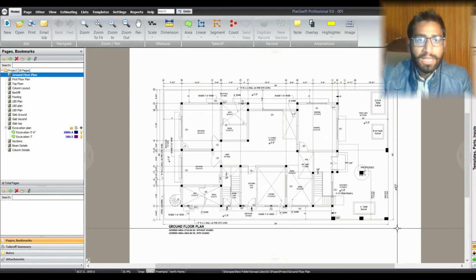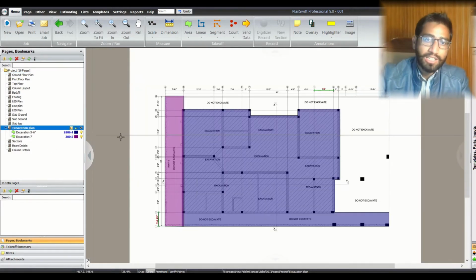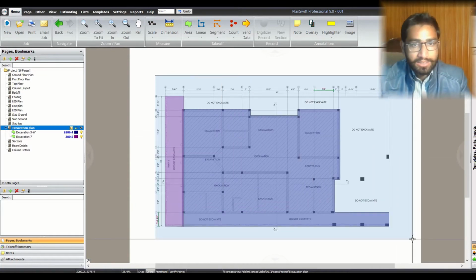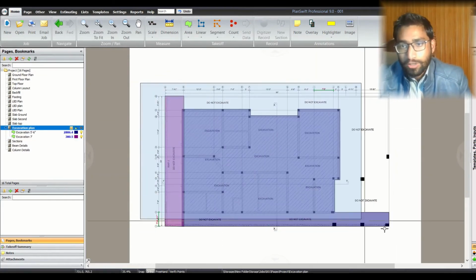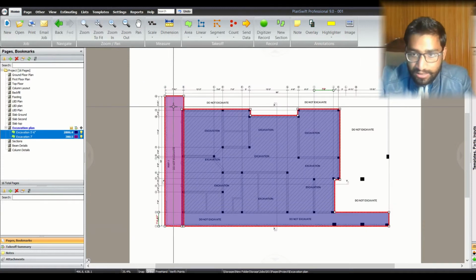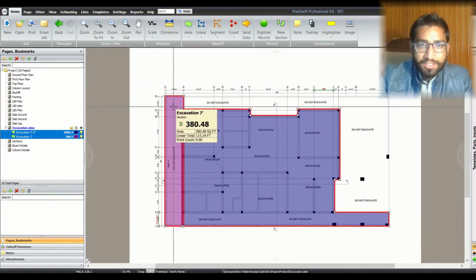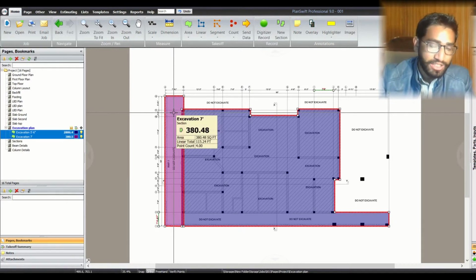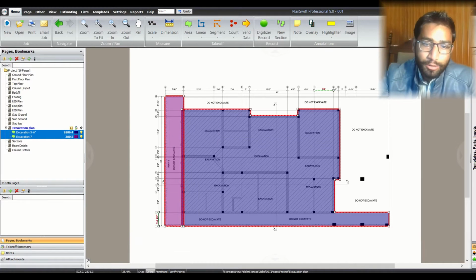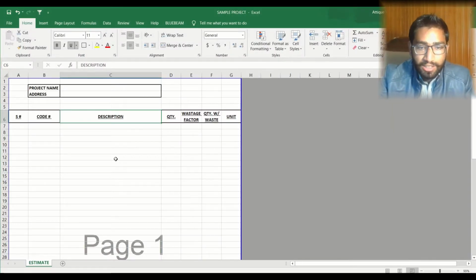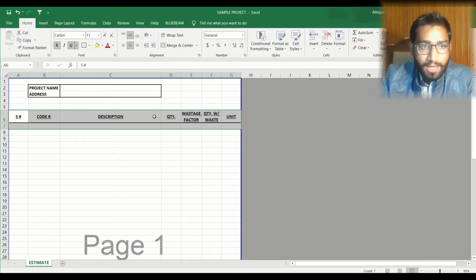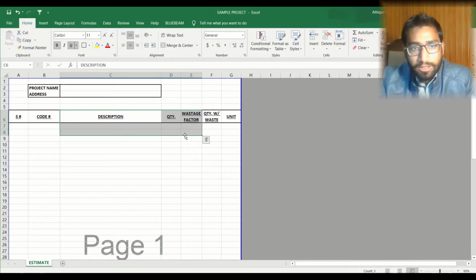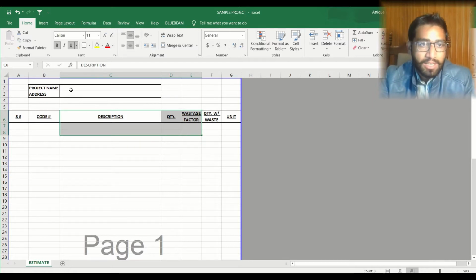Okay, so here are the plans which we just uploaded in session 1, and then we did this working on the excavation plan in the second session. So in today's session, these markups which we have just drawn on these plans, we are going to shift these quantities or these numbers to our Excel file. So for you people, I have already developed this Excel template. That depends upon your own choice. I basically use these types of sheets for my workings. So in this sheet, just let me go through it quickly.